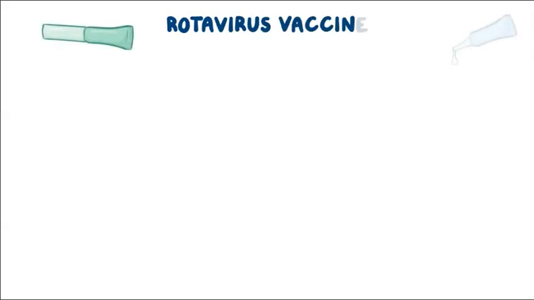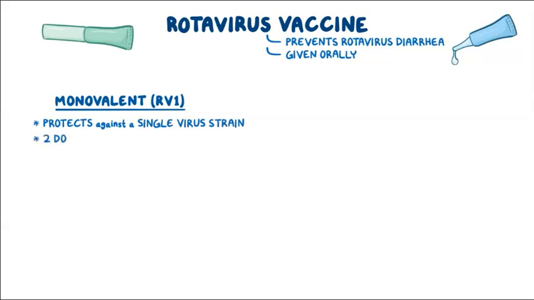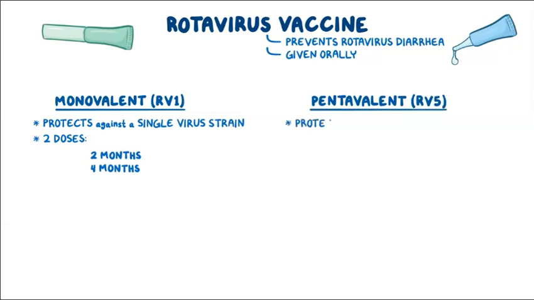Next, there's the rotavirus vaccine, which prevents rotavirus diarrhea, a major cause of dehydration and mortality in children worldwide. There are 2 versions of the rotavirus vaccine, both of which are given orally: a monovalent one, or RV1, which protects against a single virus strain and is given in 2 doses at ages 2 and 4 months, and a pentavalent one, or RV5, which protects against 5 viral strains and is given in 3 doses at ages 2, 4,